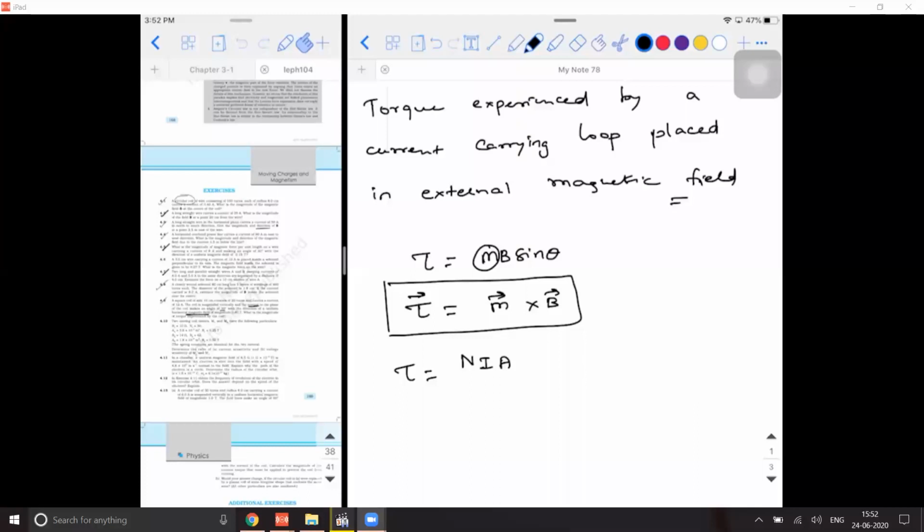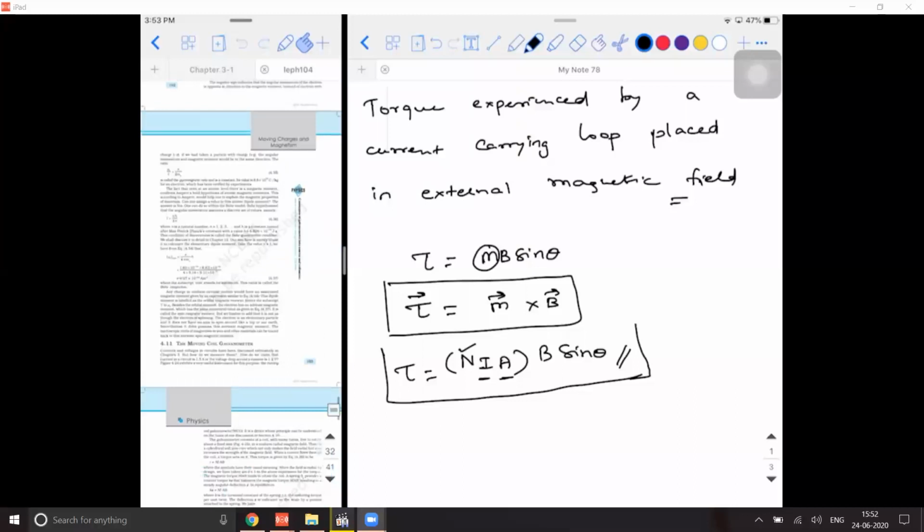The product of current and the area through which the current is passing, into the number of turns, will also give you the magnetic dipole moment. NIA into B into sine theta is also the expression for torque. I hope you people remember all these things, right? So today what we are going to see is